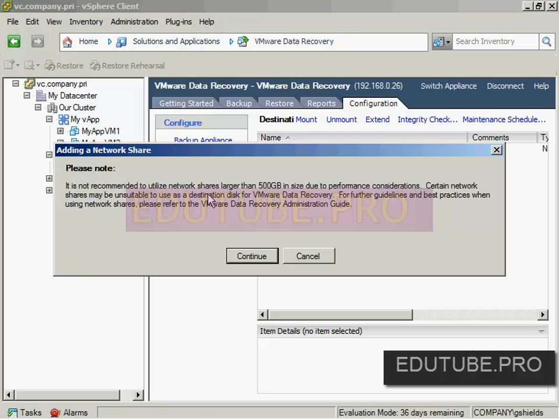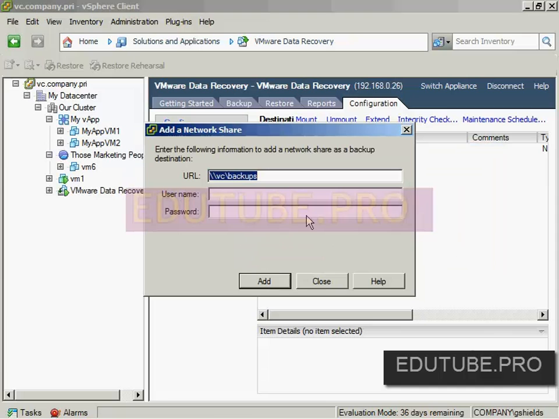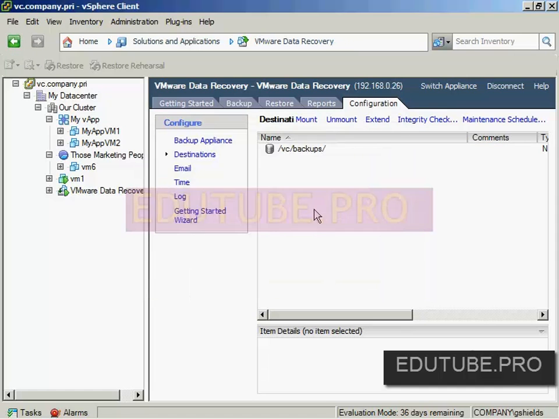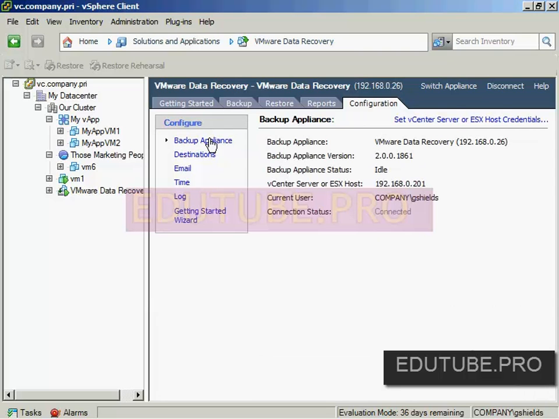If you do so, you'll get an error message reminding you that it's not a good idea to utilize network shares larger than 0.5 terabyte in size because of performance considerations. But once you make this connection in here with the URL and a username and password, this can become one of a number of different locations that you can use for storing the data that the backups will actually